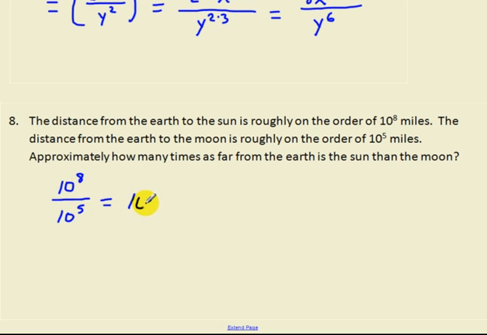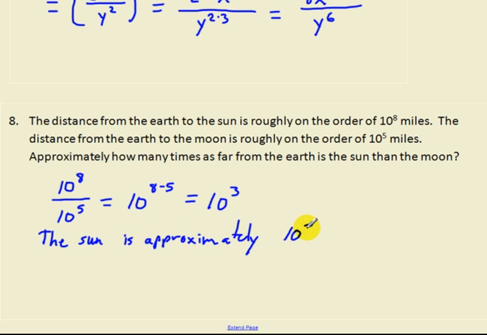And this will be 10, since we have that common base, 10 to the 8 minus 5 power, or in other words, 10 cubed. If you want, you could go ahead and say that 10 cubed is 1,000, or you could just leave it like that. And then we want to say that the Sun is approximately, so in the neighborhood, so it's approximately 10 to the 3rd